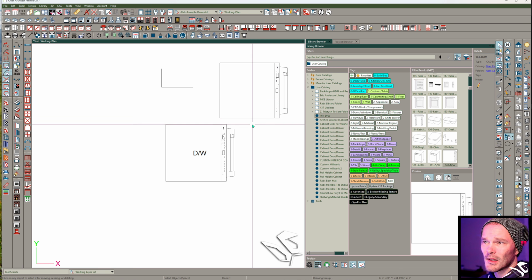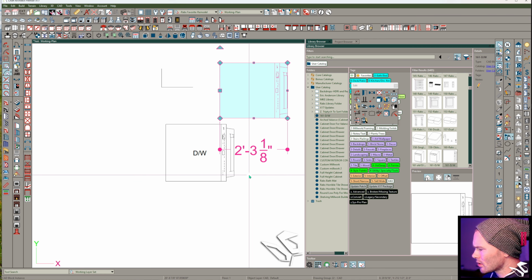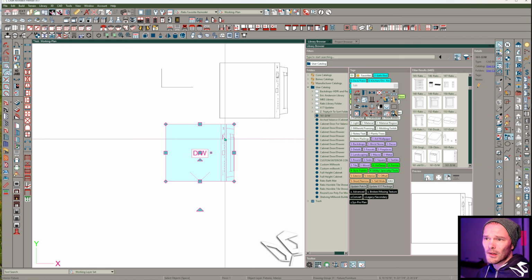I could just paste it now, and then I could change the insertion point. And so I can make that the insertion point. Not sure that the insertion point really matters here, other than that you probably want this centered on the symbol. There's some other tricks here too. If we want custom text and we want that text outside of